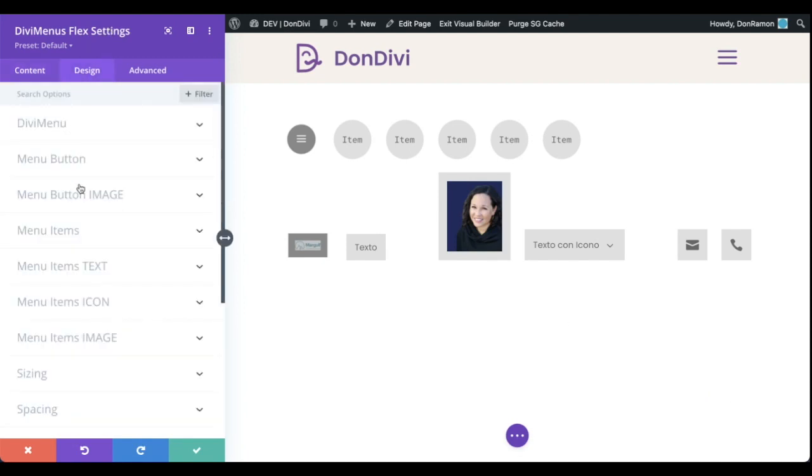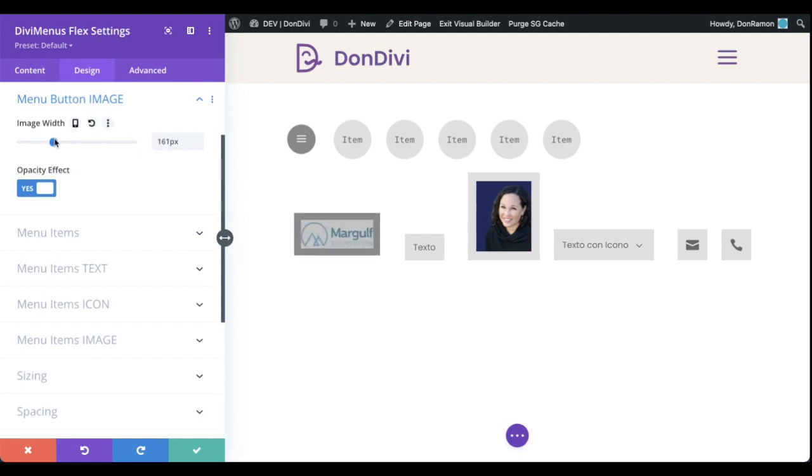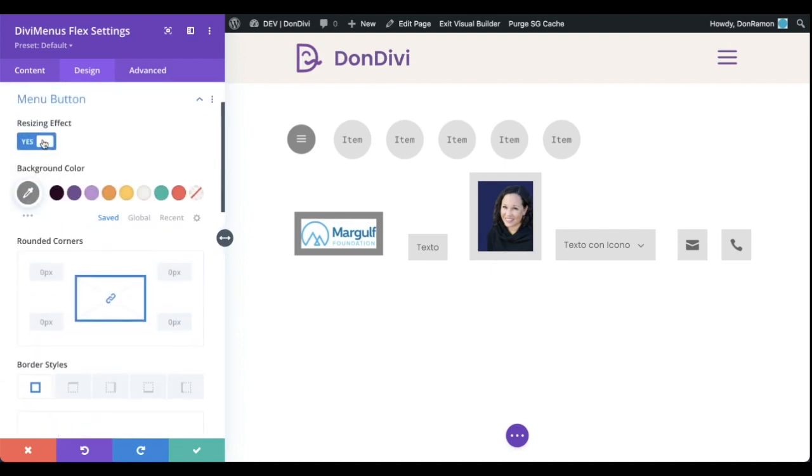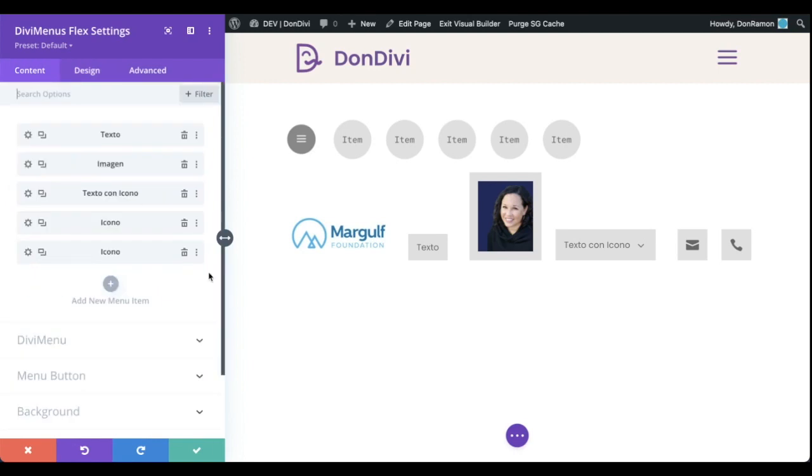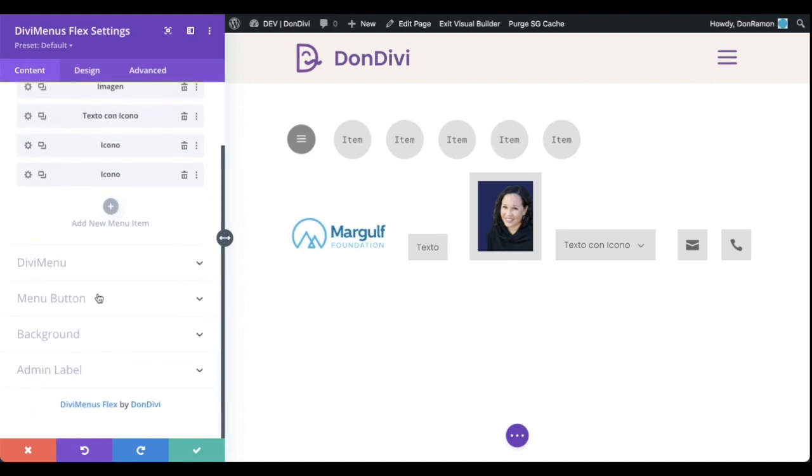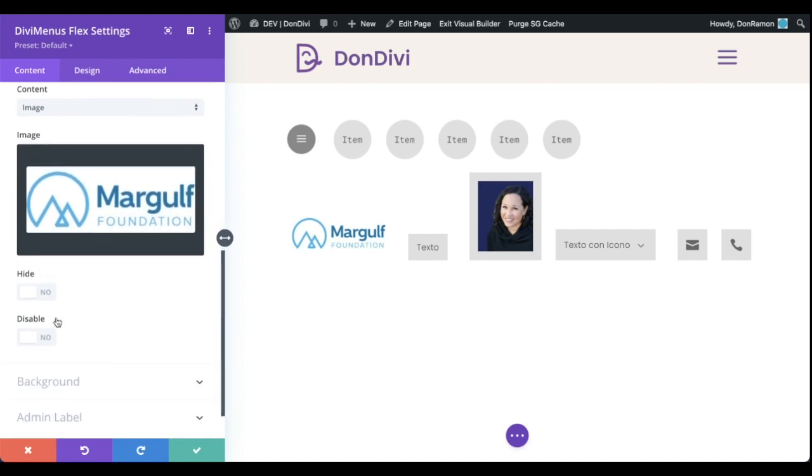Now I'm going to adjust its size, disable the opacity effect, disable also the rescale effect, and finally remove the background. I'm also going to deactivate the clicks on the menu button in order to deactivate the option to open and close the Divi menu, you know. Okay,